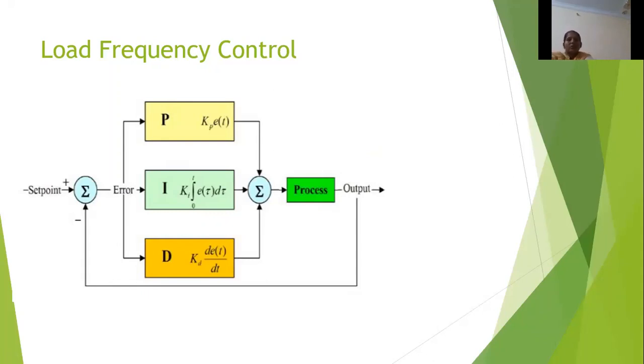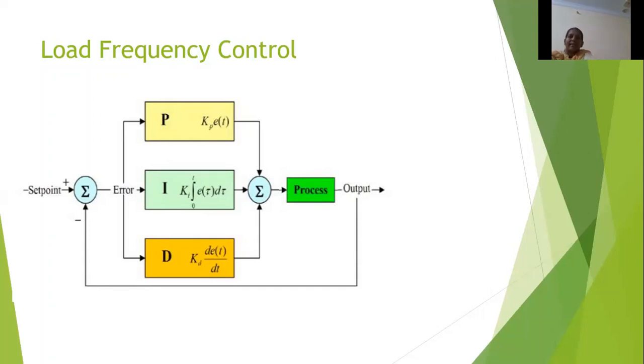Okay, so the proportional controller will be having change in proportion to the given input. Integral controller, which will be enhancing your transient response. Derivative controller, which will be reducing your steady state response. So in combination of all these three, your process output can be controlled. Okay, your conventional PID controller.